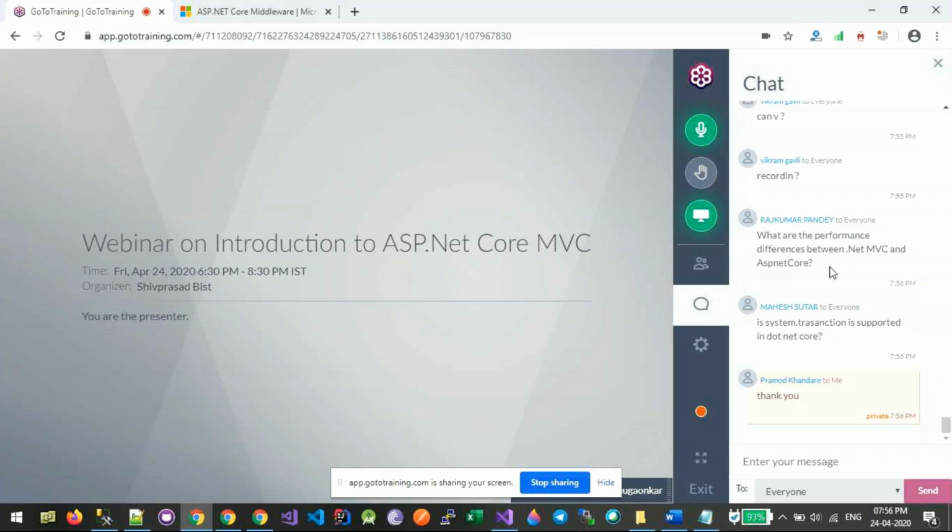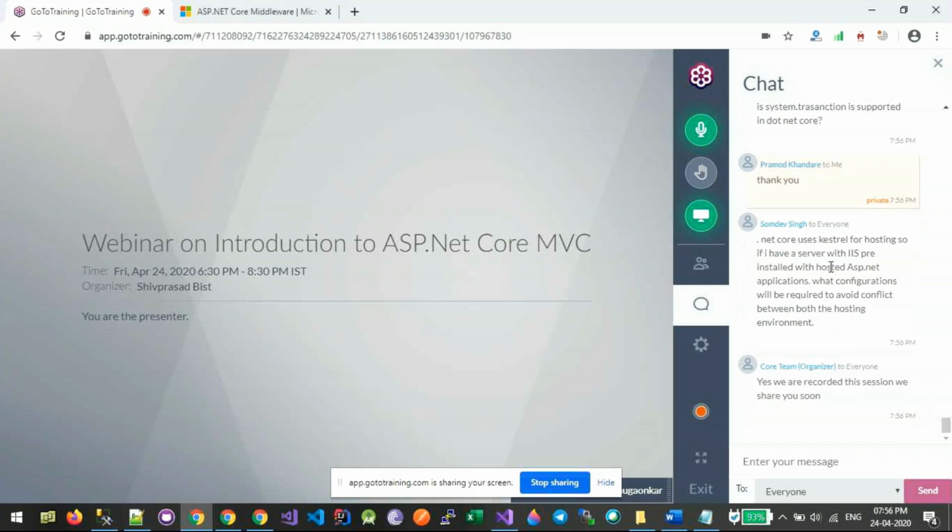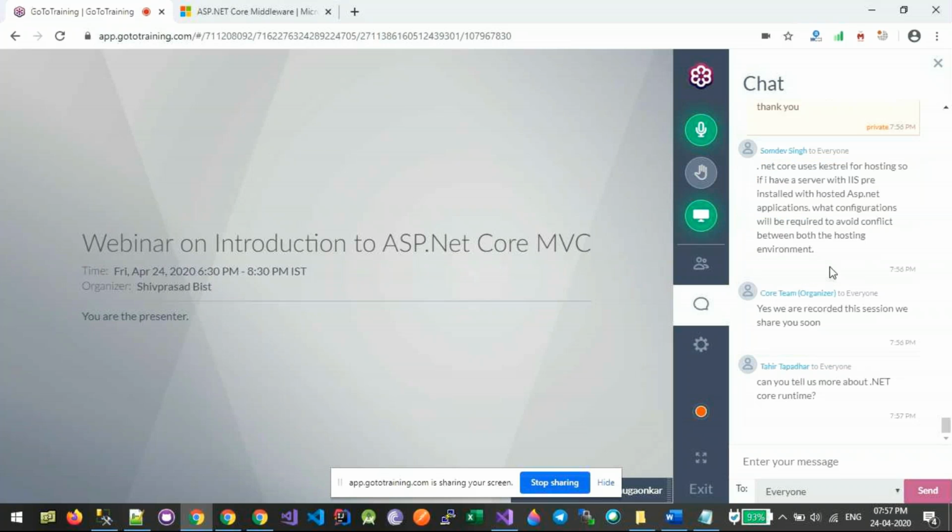Okay, if you are using a .NET Framework application, and if you create a .NET Core application, the .NET Core application will be performance efficient, basically because we are not using many other referenced DLLs. But again, it will also depend on the architecture of your application, and also what is the use case, what is the domain. All this will come into play. Again, this is a decision to be taken by the architect and not the actual developer.